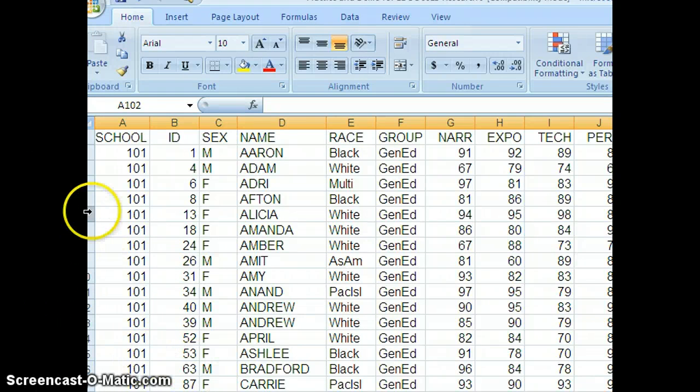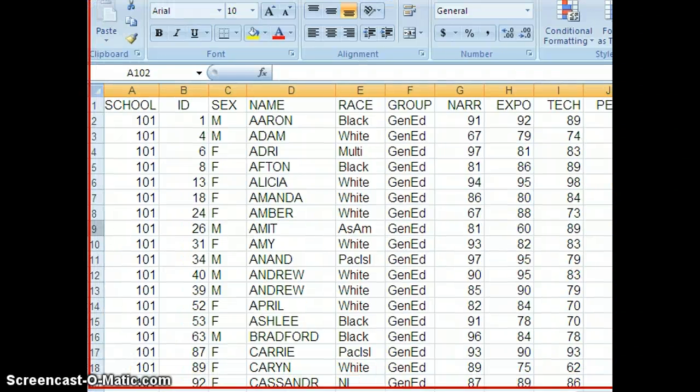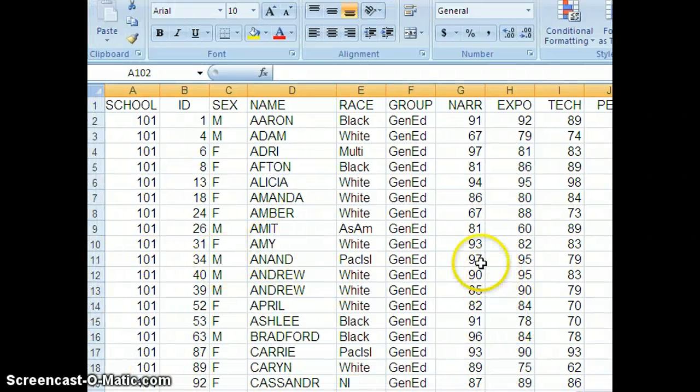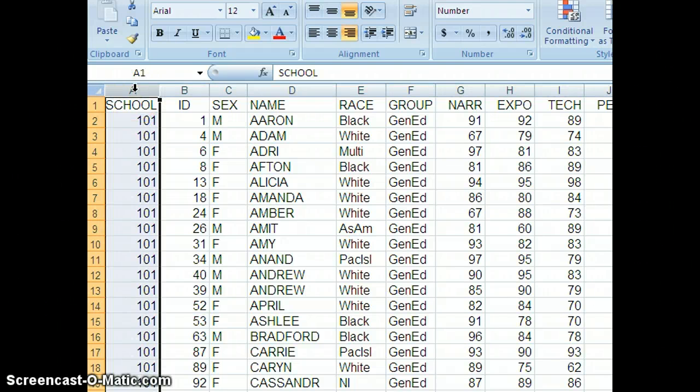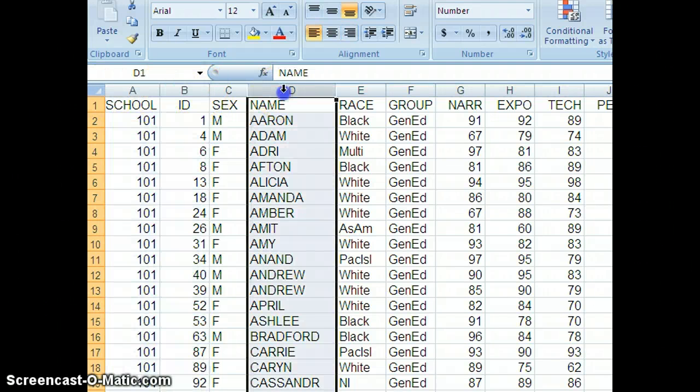A little word about this file. This was originally a real test score file, real people, and I simply modified it to continue to use it because, frankly, it's awfully hard to come up with authentic test score files if you're making them up. Fiction is a lot harder than reality, and so this is one school, and it has IDs for the students